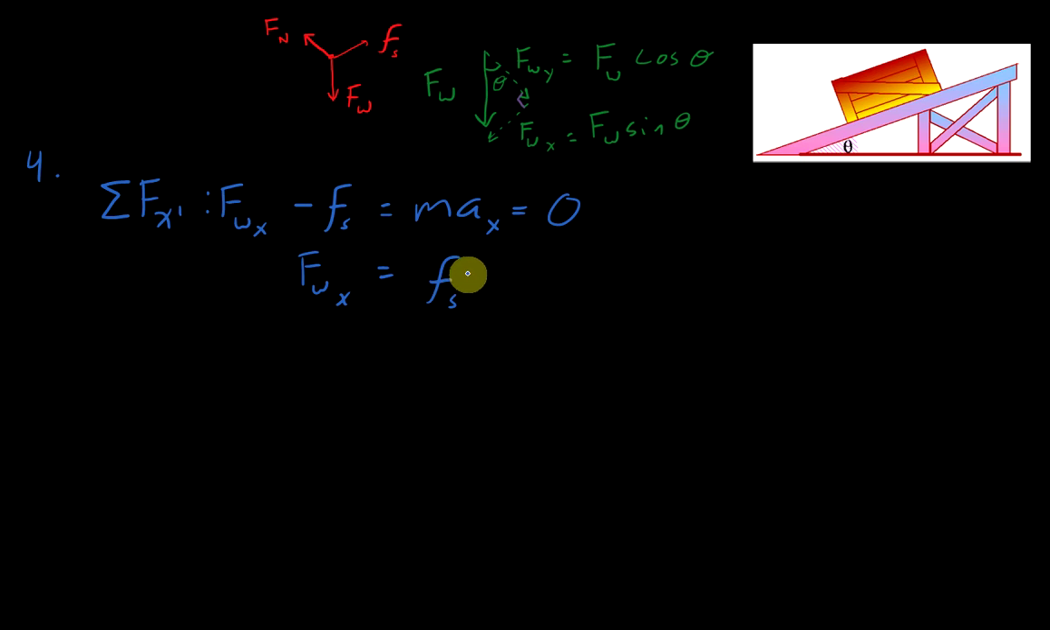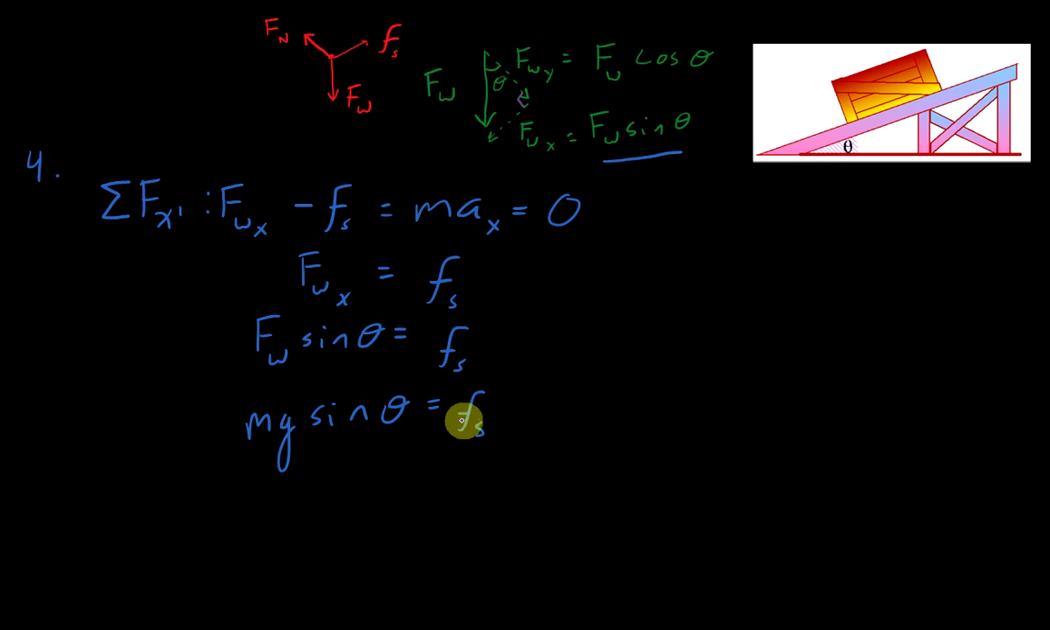It didn't ask for the coefficient. It just asked for this frictional force. That's Fwx, and I already said that right here. So that's Fw sine of theta is equal to Fs. Well, Fw, the weight, is always equal to mg. So that's mg sine of theta